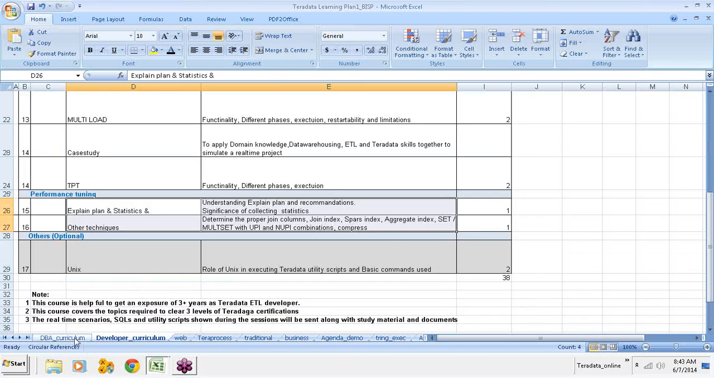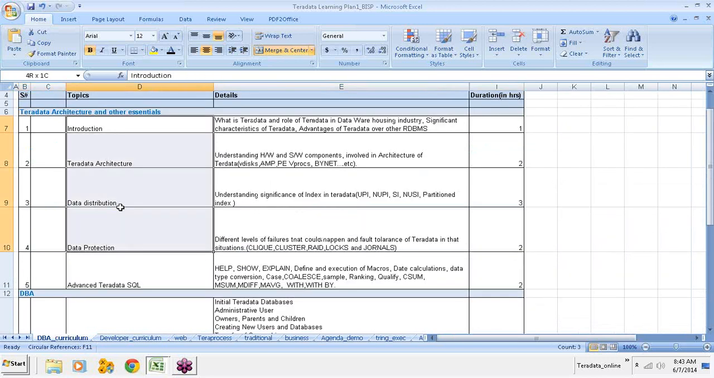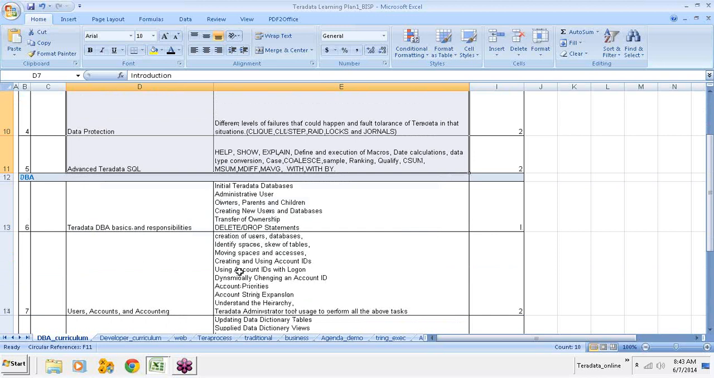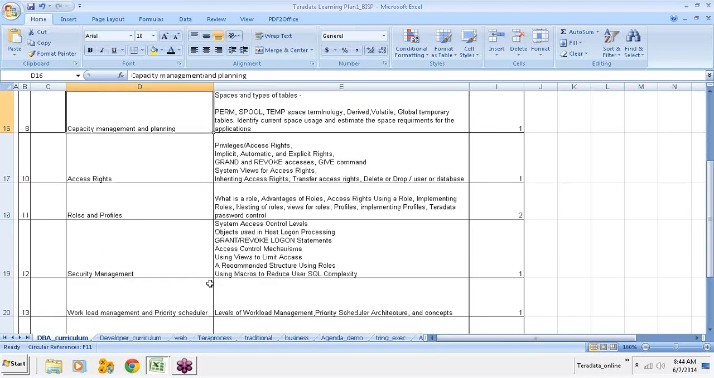Okay. And coming to the DBA, we have similar sessions for the first 15 days: the architecture, data distribution, data protection, and advanced SQL. And after that, we generally start all the admin utilities like Teradata DBA basics, how to manage the users and accounts, and the data dictionary, okay, and the capacity management and planning, how we can forecast the space and capacity details, and how we can act upon it, okay, and how to manage the access rights, okay, how we can efficiently manage the accesses and user properties with the roles and profiles concept,